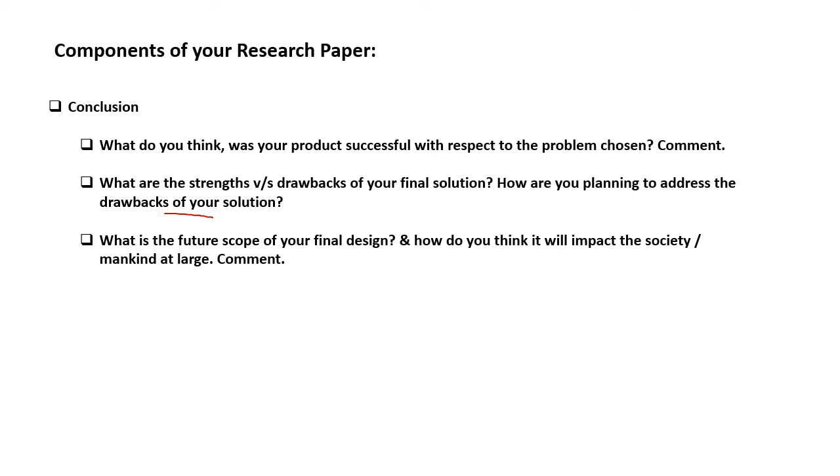And what is the future scope of your final design which you have selected, and how do you think it will impact society and mankind at large? You can comment on all these things, which will make up the conclusion portion of your research paper. Now this is to do with the major body of the research paper, but there are also other